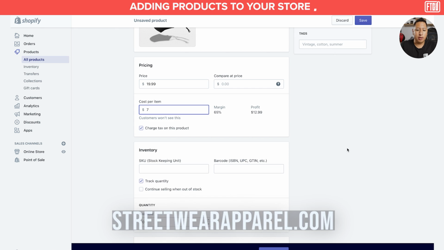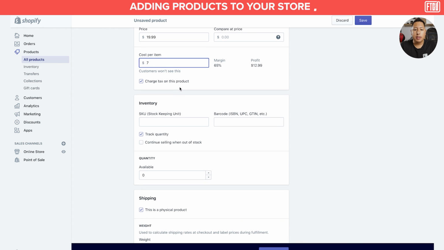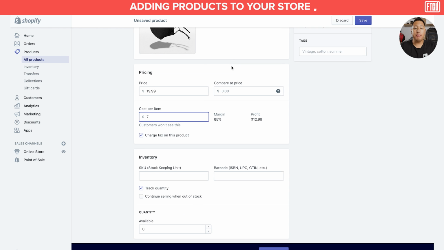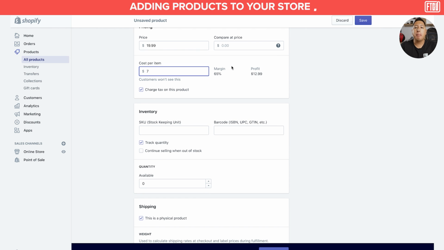So you want to always click on charge tax on this product because it will collect tax on in-state sales. So when you guys registered and you put your address in there, it's going to calculate the tax based on anybody that buys in that state or that city. And if you don't tag that, then you're going to be responsible for your sales tax when you get billed from